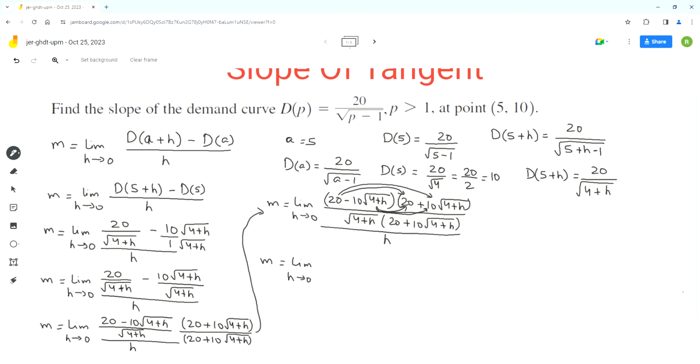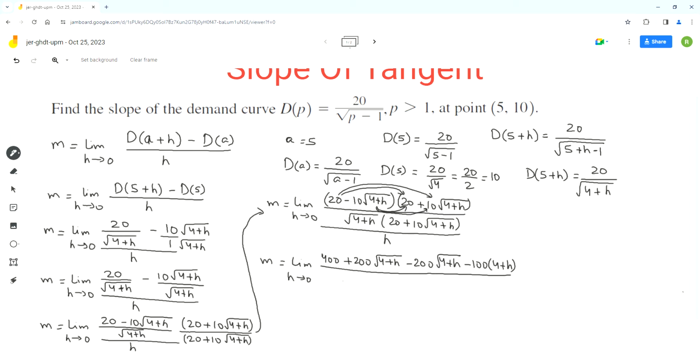So 20 times 20 is 400. Then 20 times 10 times square root of 4 plus h will be plus 200 square root of 4 plus h. And then negative 10 square root of 4 plus h times 20 will be negative 200 square root of 4 plus h. And then we do negative 10 square root of 4 plus h times positive 10 square root of 4 plus h will be negative 100 times 4 plus h